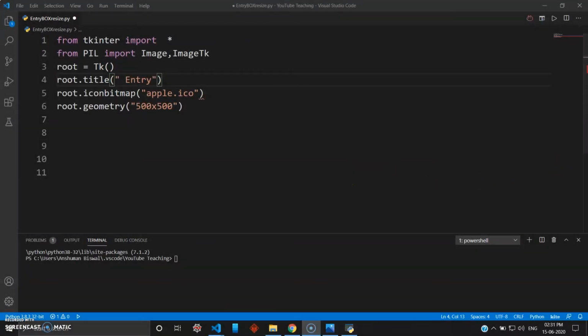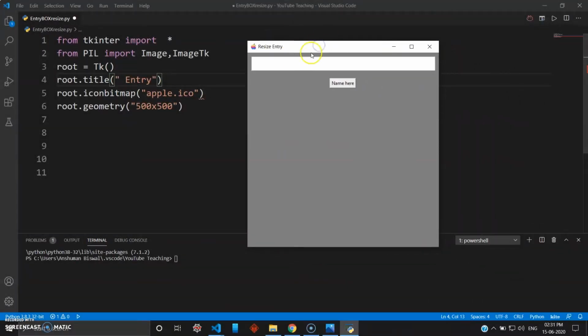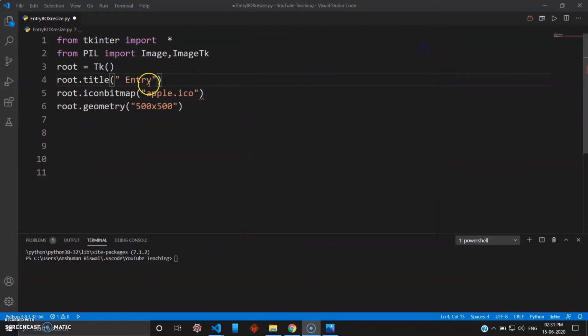So in this program we will see something like this, where your entry field is of some custom width as well as some height. In the first section of this video you must have noticed the entry field was only given a parameter like width, and when I gave height as the parameter it was showing a syntax error. That's exactly the problem we are going to solve in this program. And if you notice, the background of this is gray, so I'll also teach you how to configure the background for this widget. Okay, so we'll just rename this file as resize entry.